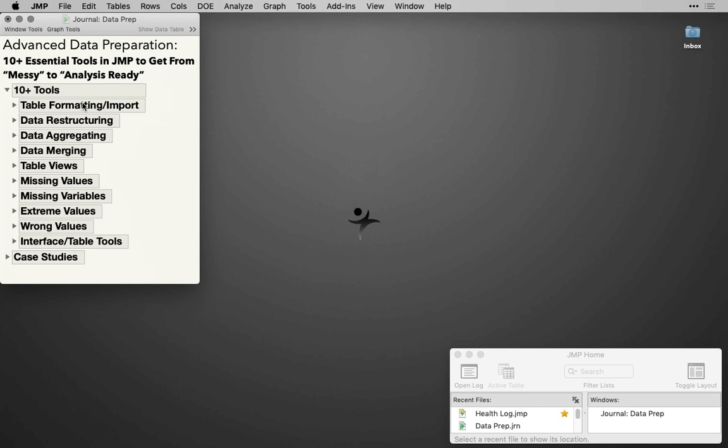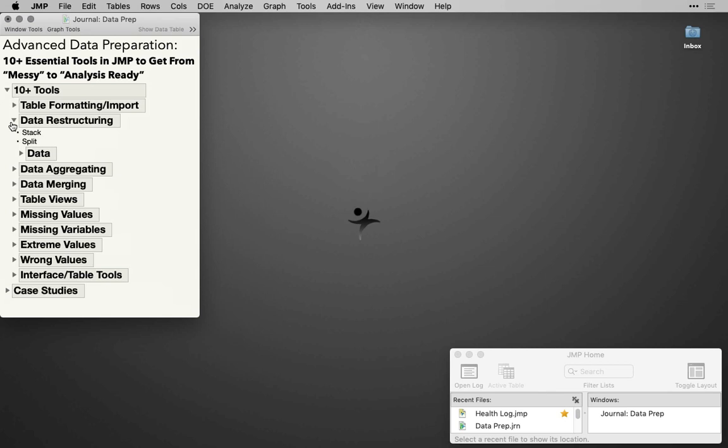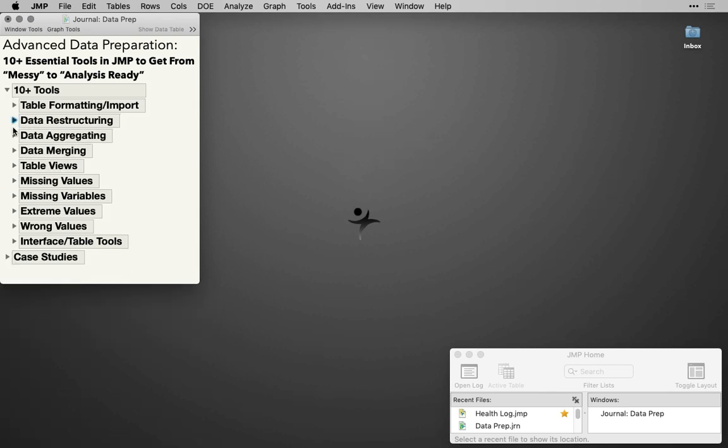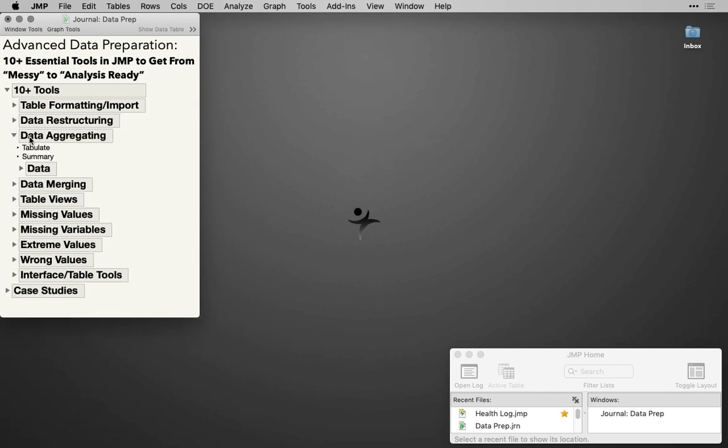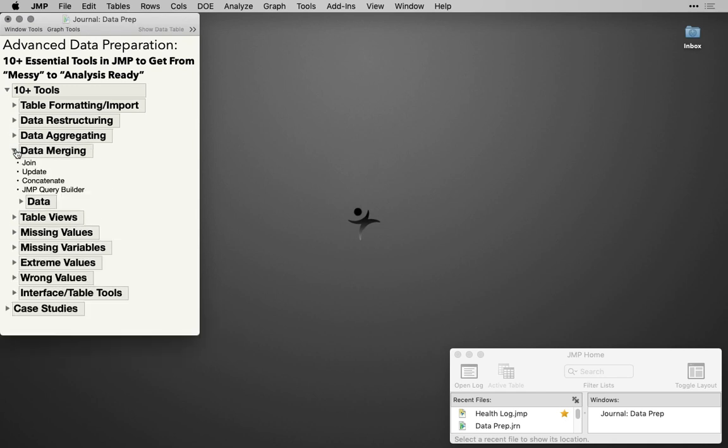Okay, so to start, let me just talk about these classes of tools. Again, there's going to be more than 10, but there are 10 big classes. We'll talk about table formatting and import type tools. Data restructuring, those are the tools that I talked about being non-destructive, like stacking and splitting. We'll talk about data aggregating tools, tabulating and summarizing. Data merging: join, update, concatenate, and query builder, a way to perform these operations all at once using JMP's implementation